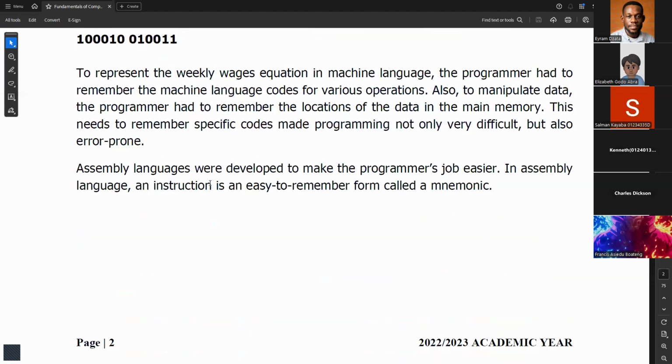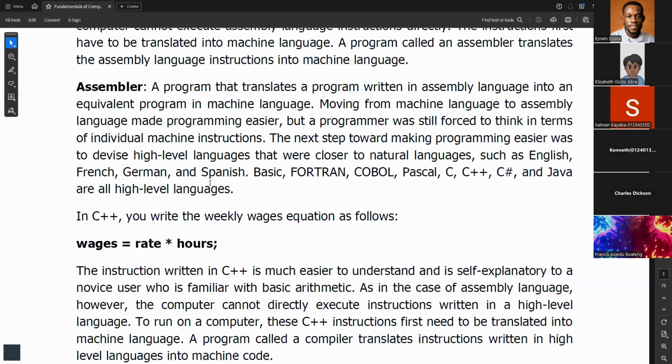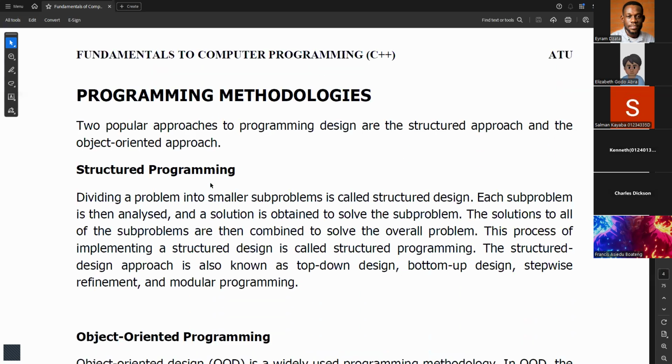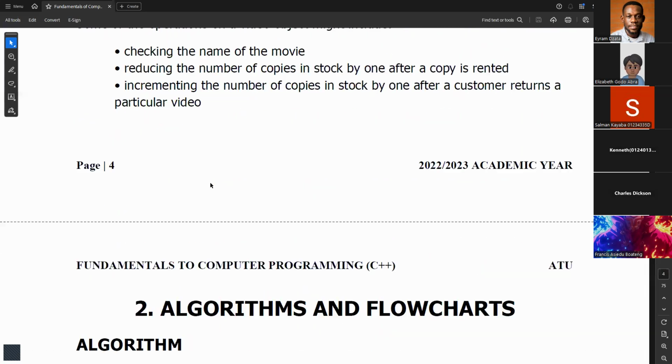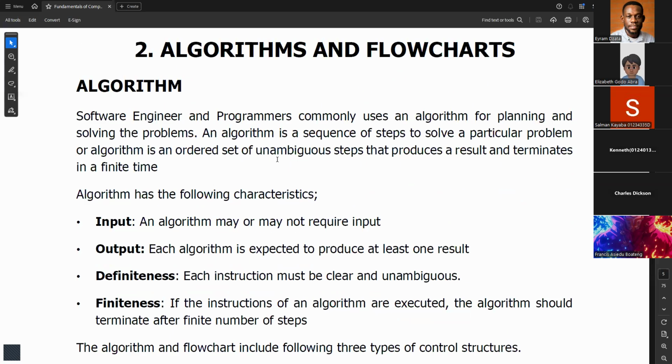I believe most of us, the first thing you want to learn or you are thinking of learning in this course is basically to start writing a program from your first day of this course. Okay, but programming doesn't work that way. So way before you start writing a program,